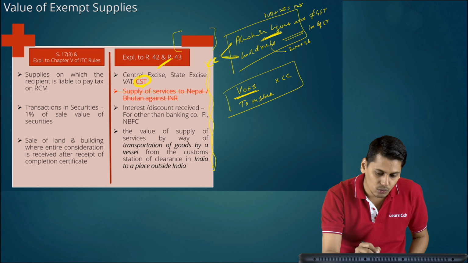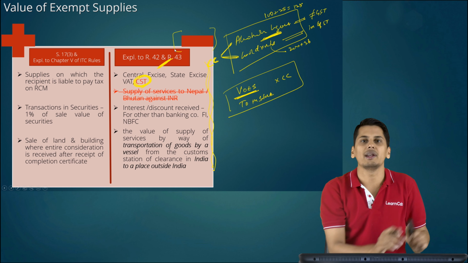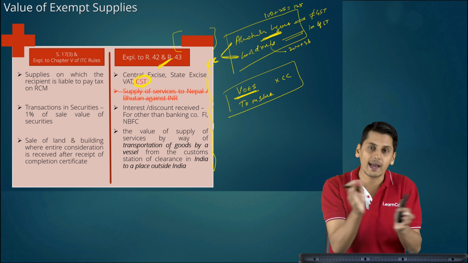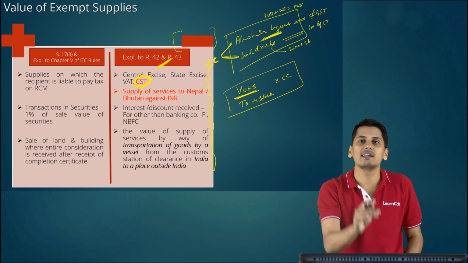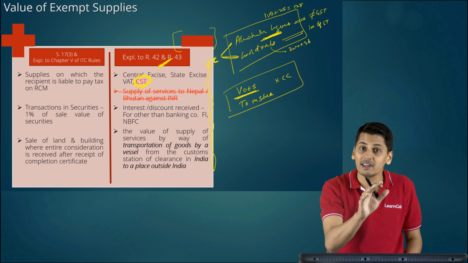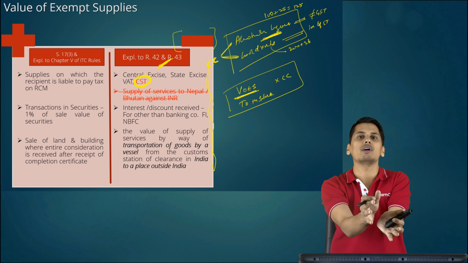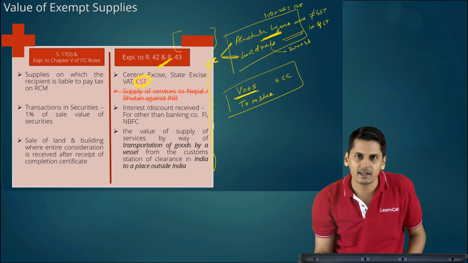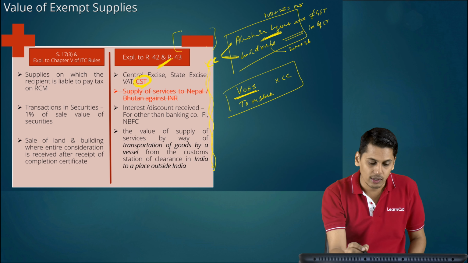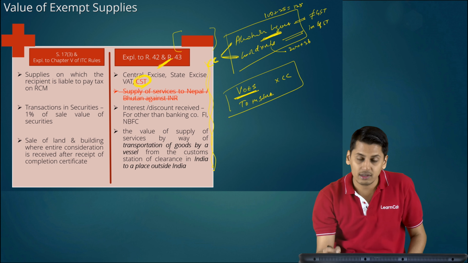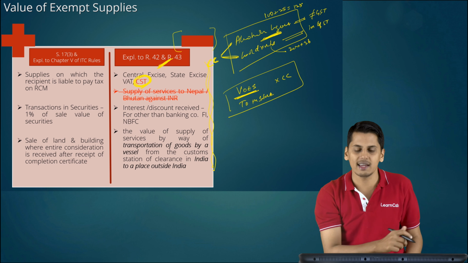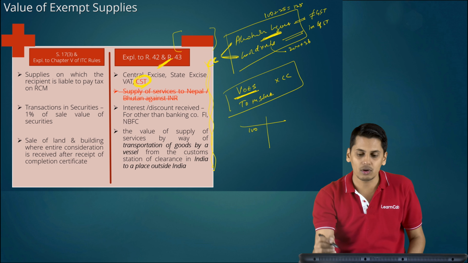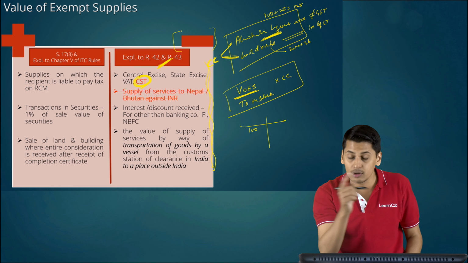However, explanation to rule 42 and 43 prior to amendment, I repeat again, there was an accidental omission of CST. It was not intentional because had the same alcoholic liquor been sold inside the state, it would have been 100 rupees plus 25 rupees VAT. There the explanation told you it shall exclude VAT. That means if you would have sold this alcoholic liquor inside the state, the value of exempt supply would have been only 100 because it did not include VAT,